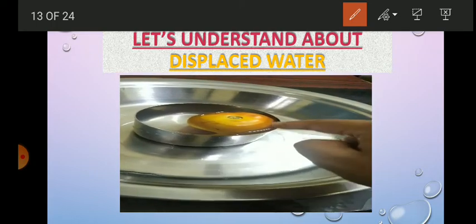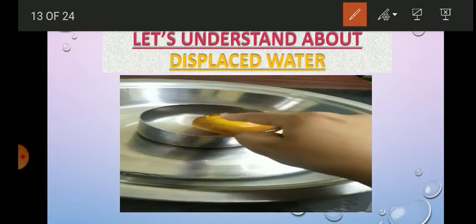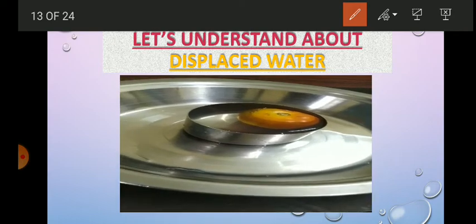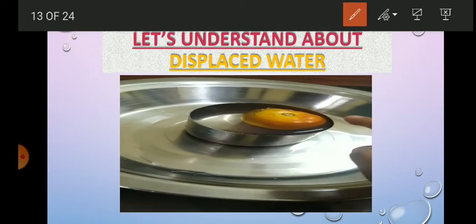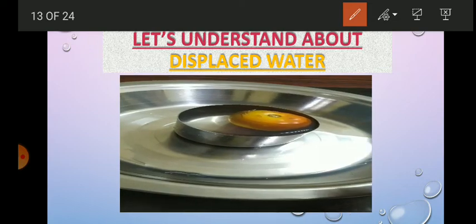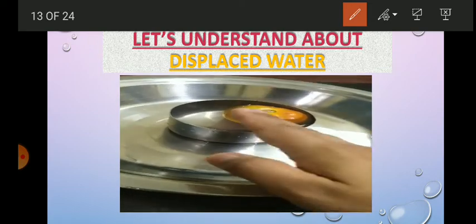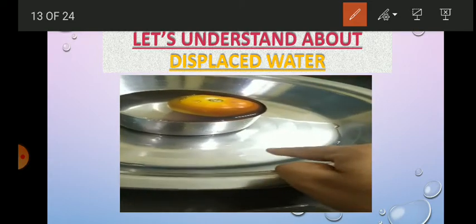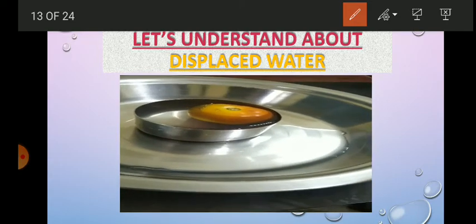So this displaced water is because the tomato takes its space inside the katori and the water doesn't have space and it gets displaced. Displaced means it moves out. So this water that jumps out is called the displaced water.